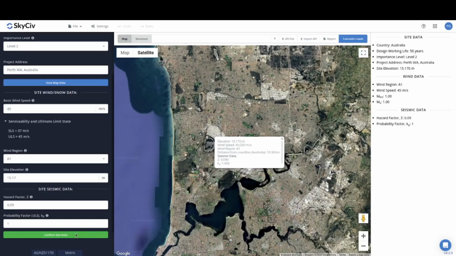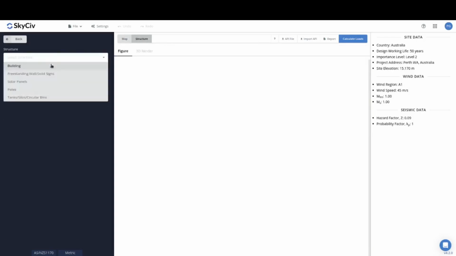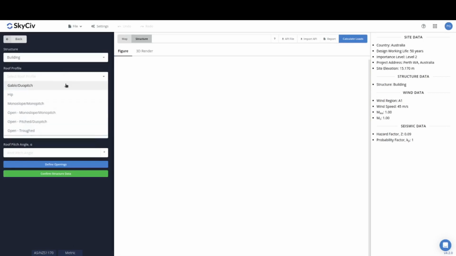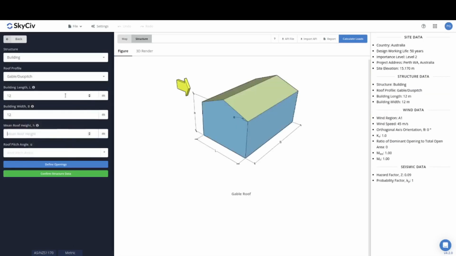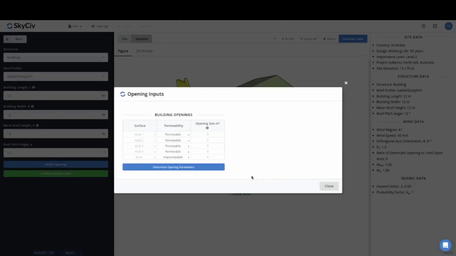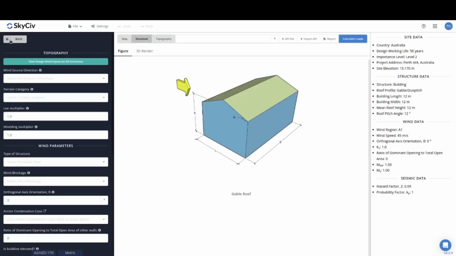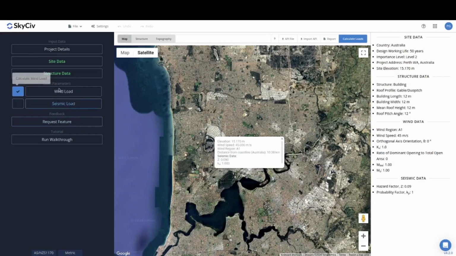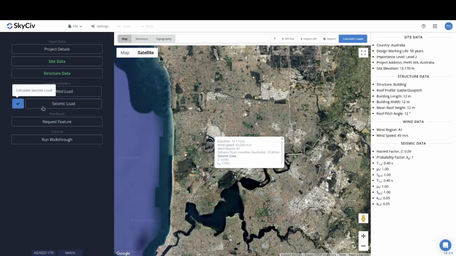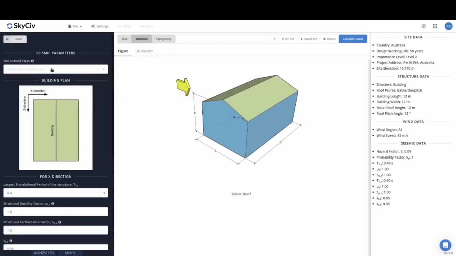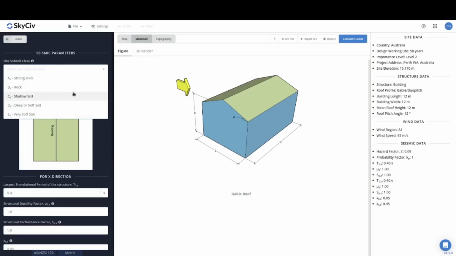And after that, just confirm site data, select the structure data for buildings only actually, and then let's put some data here, confirm structure data. And on this side you can see the seismic load option. Let's check the seismic load option, and same with the NZS 1170.5. You can just select the